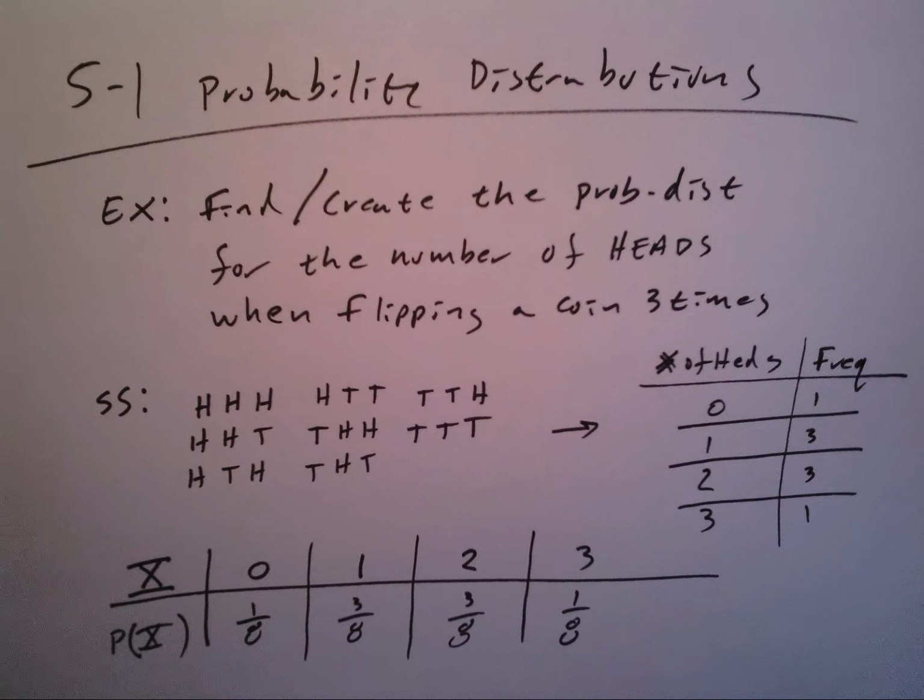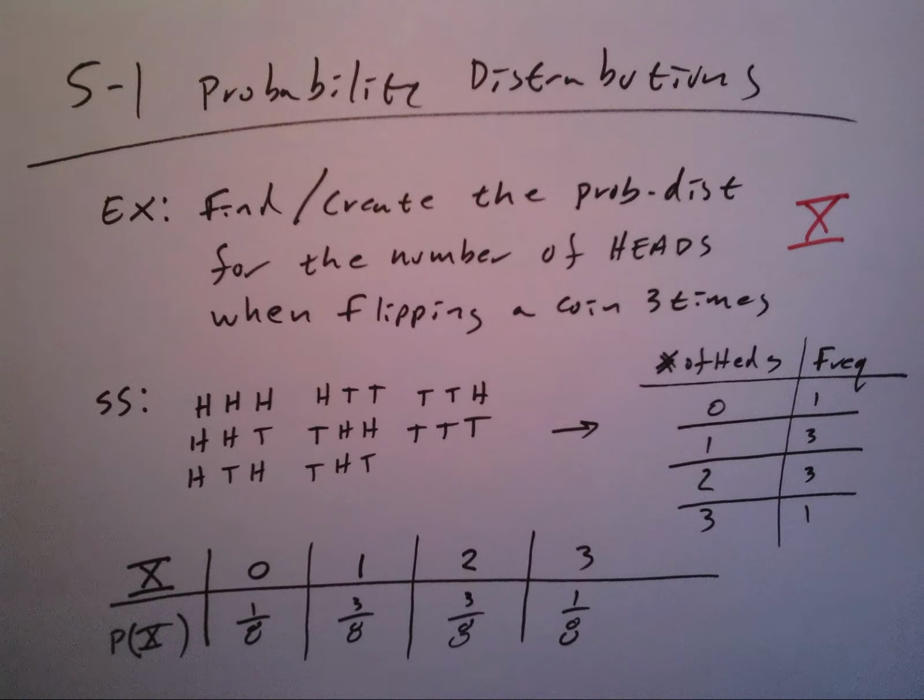Alright, this is 5.1 Probability Distributions. So we've already done a lot of these pieces, so really this is just a vocabulary game. So in order to have a probability distribution, the first thing we need to do is actually define our random variable